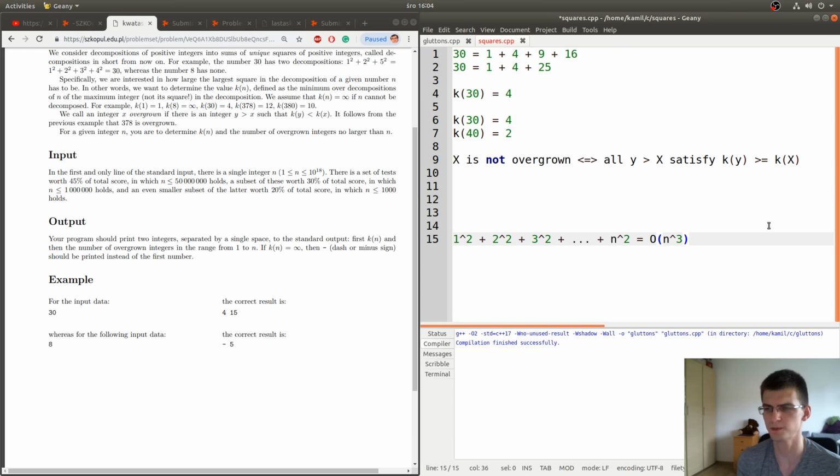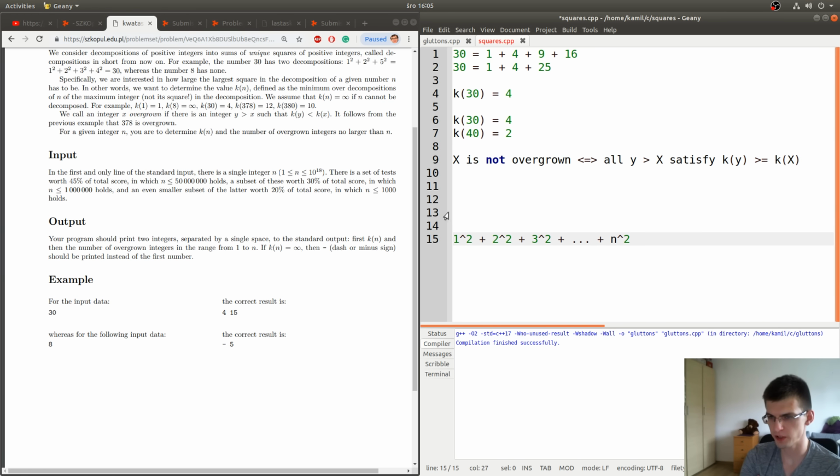But the easy explanation for that is that we have n values and their magnitude is n squared. So it's n times n squared. Also, this exact equation is equal to something like n times 2n minus 1 times n minus 1 divided by 6. I don't guarantee that it's exactly that, but there is a formula for exactly this equation. It doesn't matter.